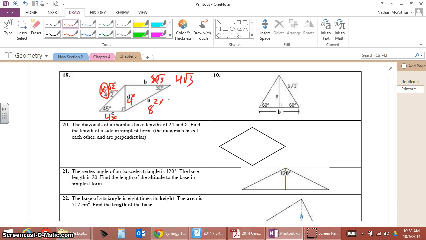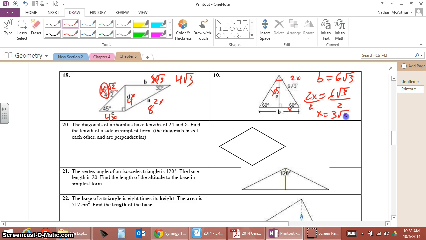Awesome. So cool. All right, over here I've got a 60, 60, 60. That makes an equilateral triangle, so I know that b is equal to 6 root 3 because it's an equilateral triangle. Now I look here and I say, here's my longest side. This should be 2x. This should be x, and this should be x root 3. So if I solve for x in this equation, I say 2x equals 6 root 3. Divide both sides by 2. This gives me x equals 3 root 3. And if I plug it in over here, I'm going to end up with x root 3 becomes 3 root 3 times root 3. Well, root 3 times root 3 becomes just 3, and 3 times 3 becomes 9. So my a value,